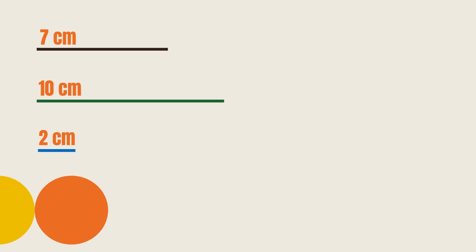So, let us form a triangle. Let's place the 7 cm here, 10 cm here, and 2 cm here. Even if we adjust it, lowering the 7 cm stick and the 2 cm stick to try to close our figure,